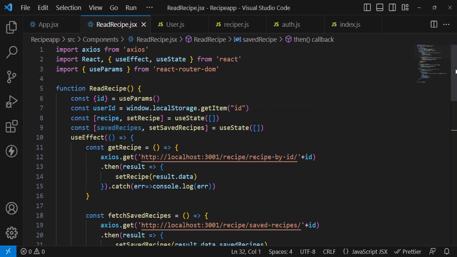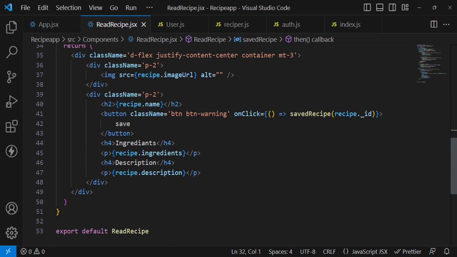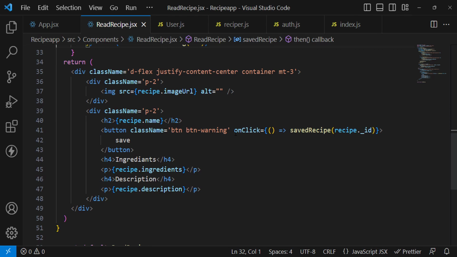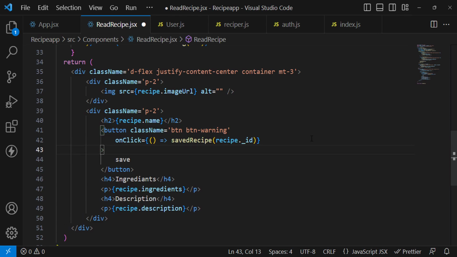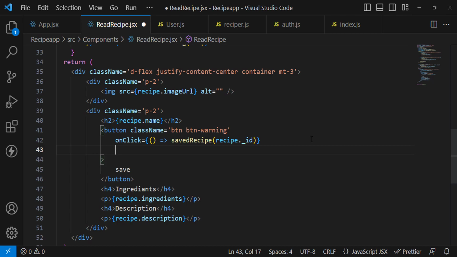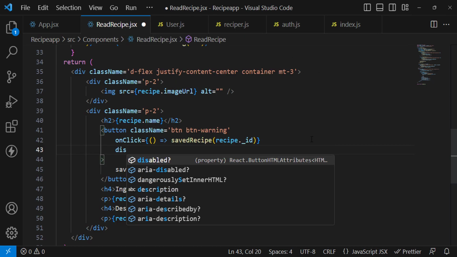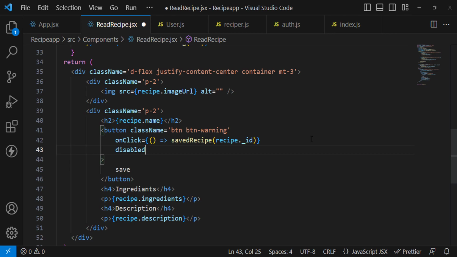Now I will use this variable. Just come here to the button, and in the button I will show you how to use it. Let's use it now, the savedRecipes. Okay, disabled is equal to